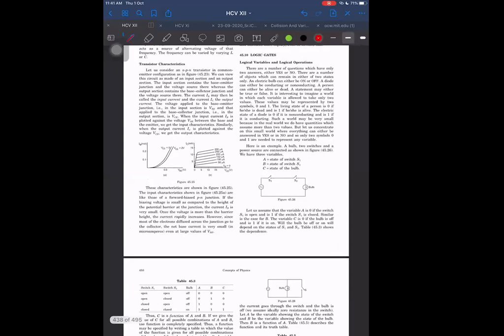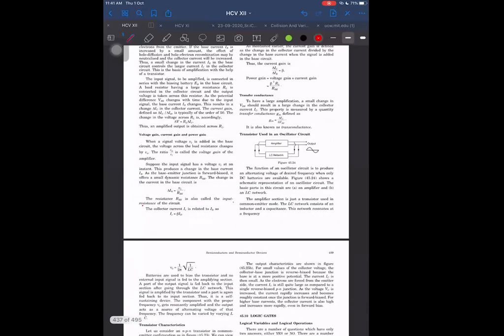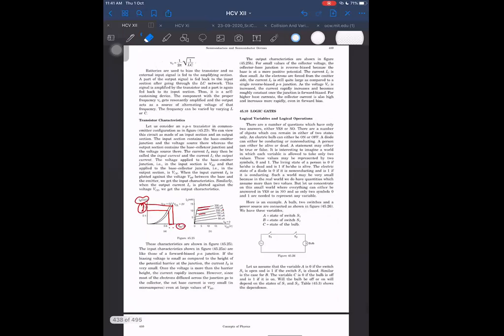See here in this graph, this is VBE. If I notice here, VBE changes slightly from maybe 0.65 to 0.7. And then IB changes somewhat here. And as IB changes, IC changes according to the change of IB. And according to the change of IC, we can write this thing then. How much is the change in IC when we change VBE? That we will call transfer conductance or transconductance. Okay.